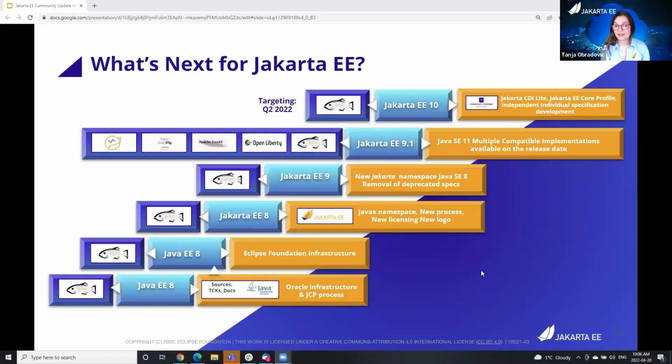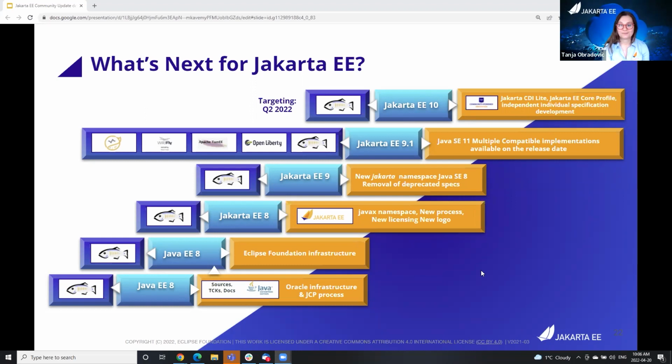So we all know Java is celebrating 25 years, and most people here hopefully know that we're marking 20 years of enterprise Java.